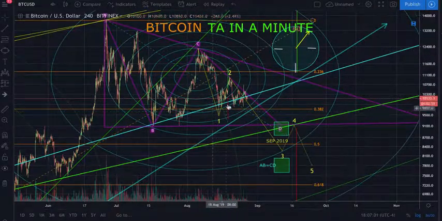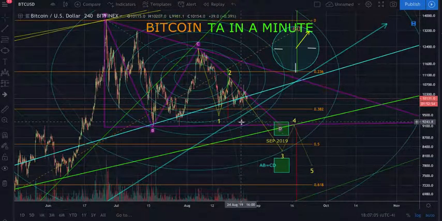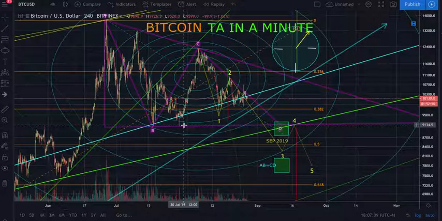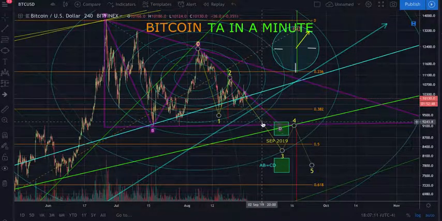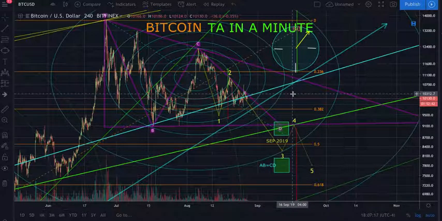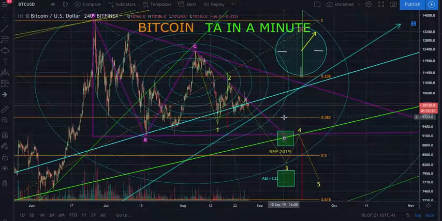This is just luck. So when you put these things in and you start finding the right amount of confluence in different areas, it's not going to be perfect because different exchanges are going to move little bits different. So sometimes you'll have a higher high, sometimes you'll have the same high, sometimes you'll have a lower high. It depends on how it moves on the exchange. So it's important that you look at these things with just a little bit of subjectivity to them.